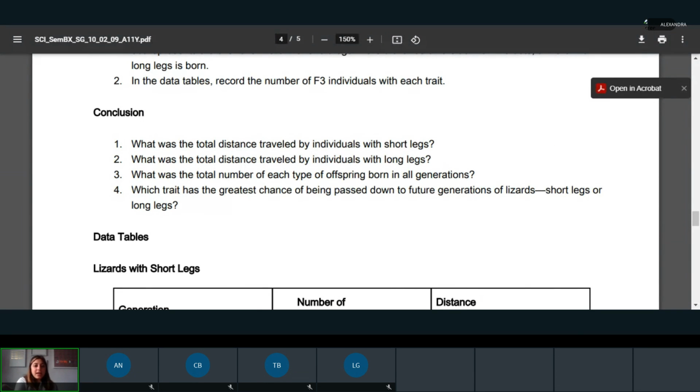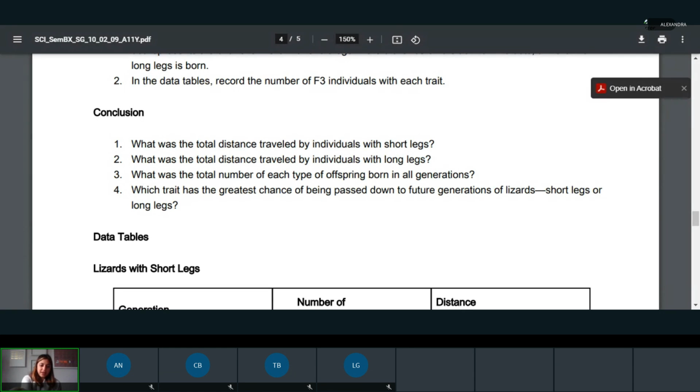So very first time, get your die in your hand, get it ready to roll it. I landed on a 5. So I'm going to collect my data and I'm going to write a tally mark 1 for long legs, right? Because it lands 4 through 6. That means that that individual offspring is representing having long legs, and 1 through 3 is short legs. So we're going to do this 6 times. That was my first time.